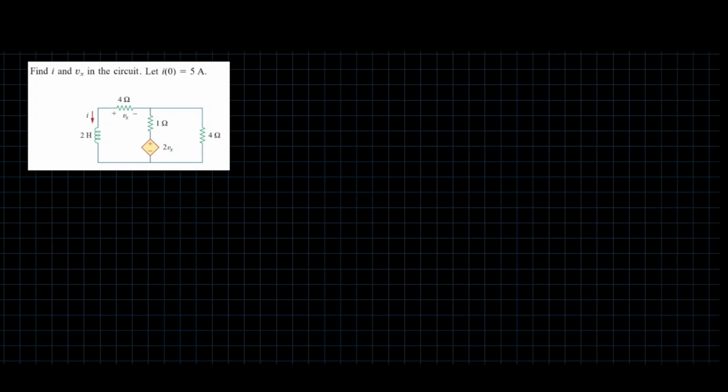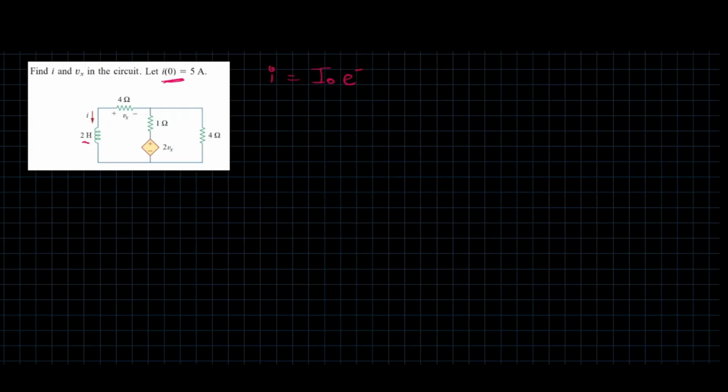Okay, so they want us to find I and Vx in this particular circuit, and they're giving us the initial current in this particular circuit. That is, it happened after the switch was disconnected. This is the initial current in the circuit. So I is basically the current going through the inductor, and the formula is giving us the initial current in the inductor